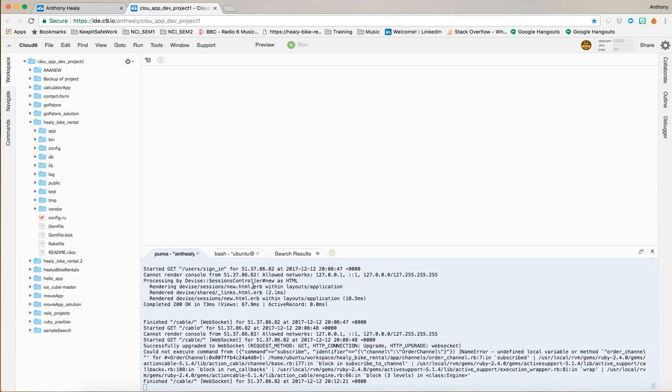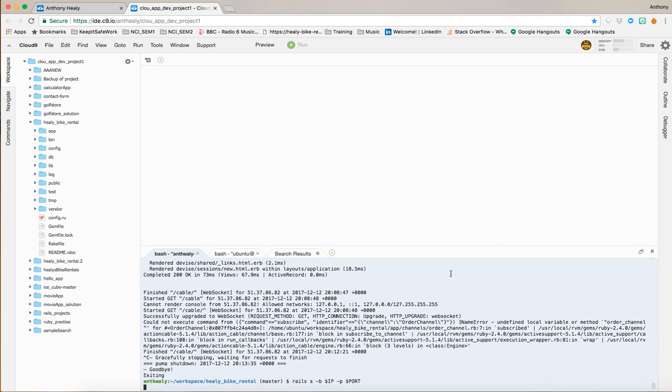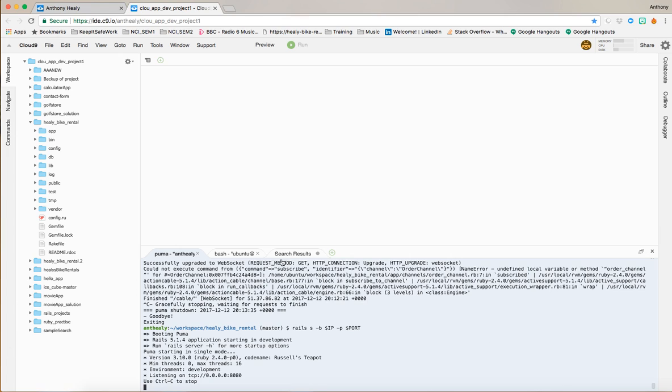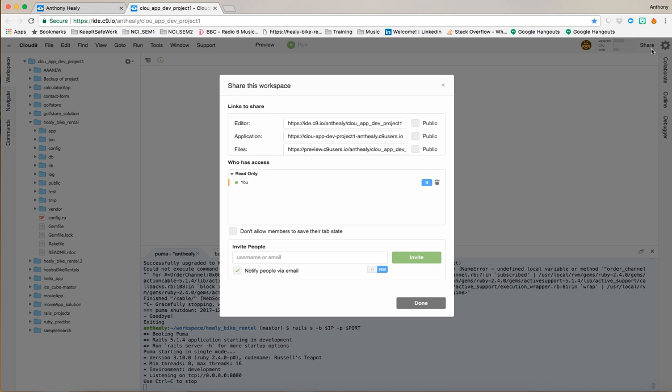Now, we're already up and running here, I think. Yep. Great. Fire that up. Now, this is it running locally within this environment, and that allows us to view it for development purposes